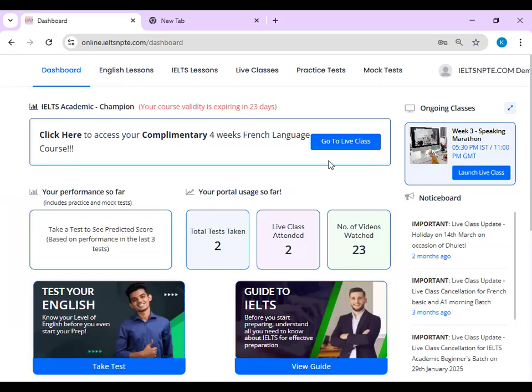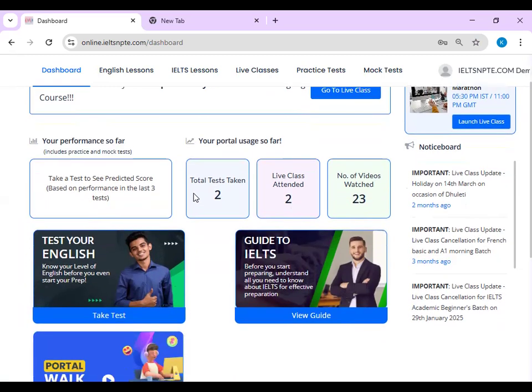The very first thing you will see would be called the dashboard. The dashboard shows the course expiry details here. This ID will get expired in 23 days. For you, it would be different depending upon your enrollment. Moving on,